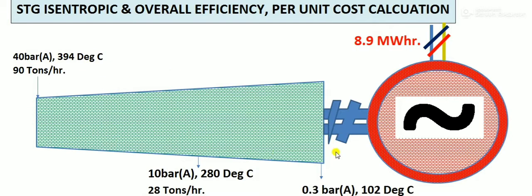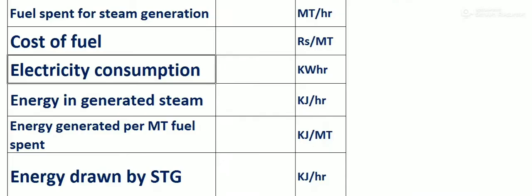So the data are the same data we took here also. Apart from this, we need the fuel data, how much fuel we spend for the steam generation, and the cost of the fuel spent per metric ton, and electricity consumed. Apart from this, we have the accessories for the STG, and it is a condensing turbine, so we have the cooling tower to reduce the temperature of the condensate before processing. We want to cool down so that heat will be ejected to the cooling tower.